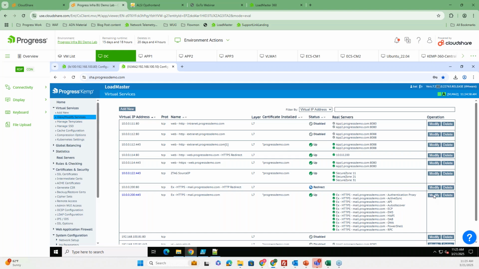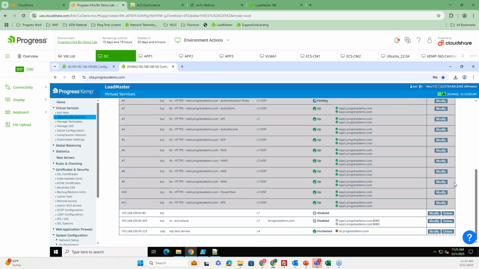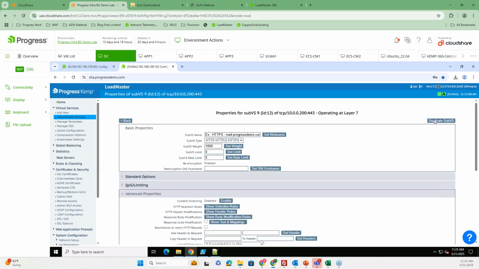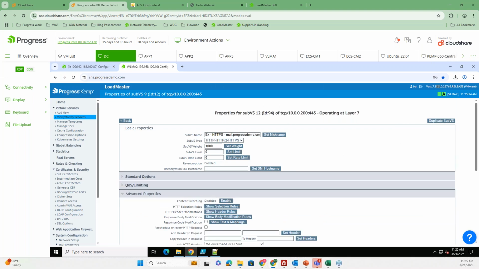Now you also have an option for sub-VSs. If you go, for example, to over here in this case, I can duplicate this sub-VS. And now I have the new sub-VS there, for example, and I could technically, sometimes I have customers that ask me, hey, I want for internal access, I want form-based, but for external access, I want a different authentication method, like I want to use LDAP and Radius together with an MFA against Entra, for example.